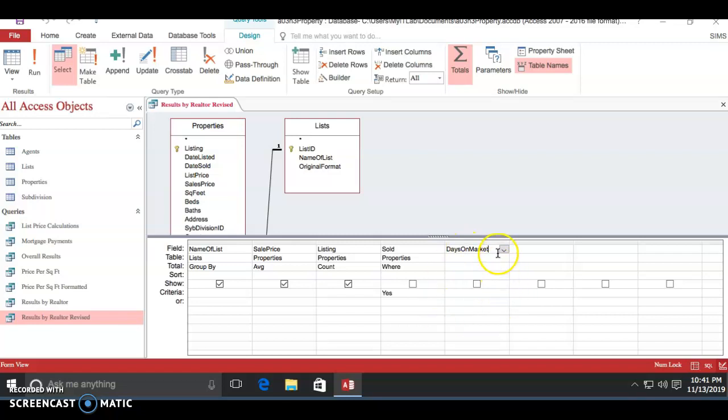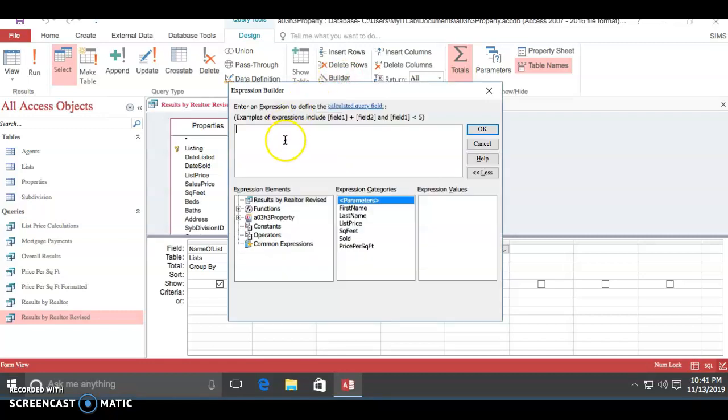So I'm going to type it in and then go right here to builder and type days on market and put a colon. And then, since to find the days on market I'm going to have to take the difference between the date sold and the date listed,